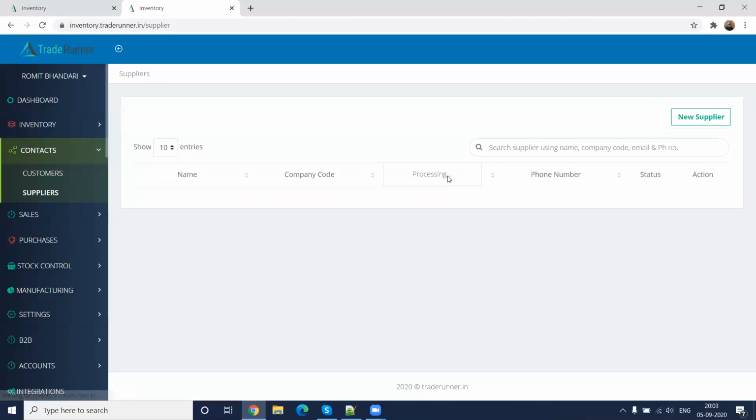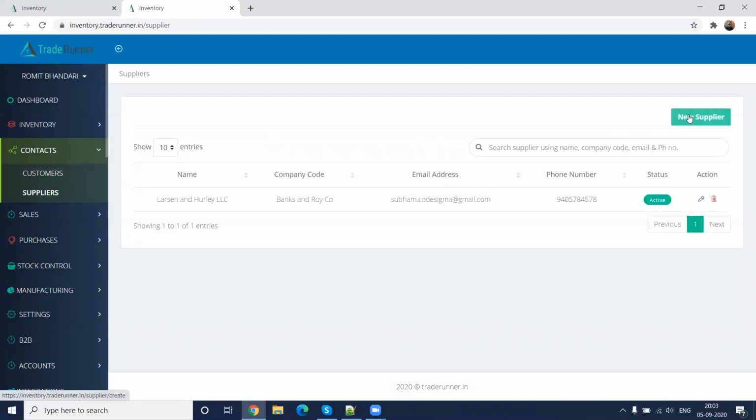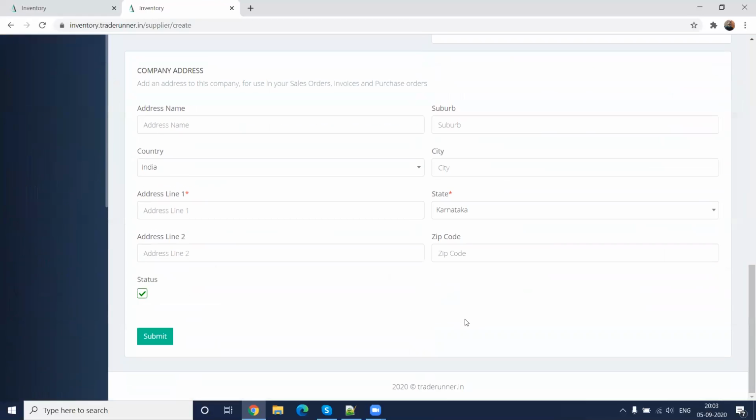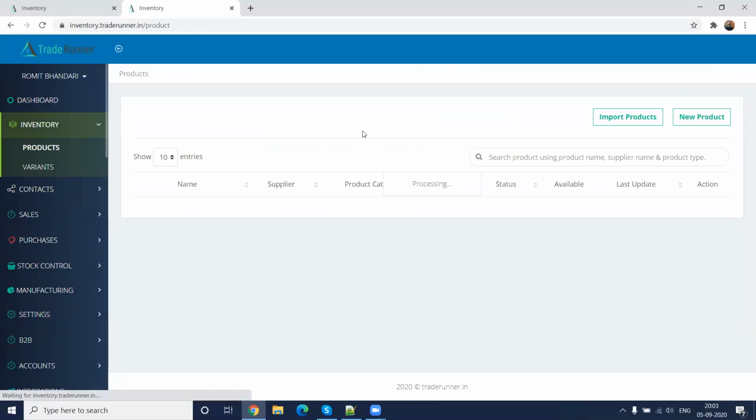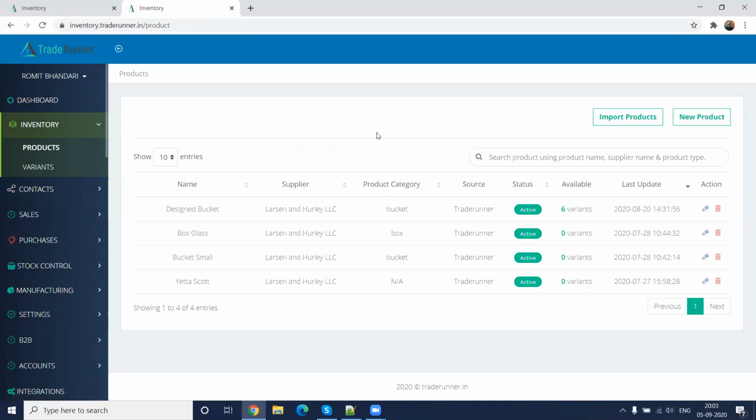Similarly, you can go and create new suppliers. Already we have one supplier. The creation of a supplier is very similar to how you create the customer. Just go ahead and give your details. After you are done with your customer and supplier creation, you need to come to your inventory section and create